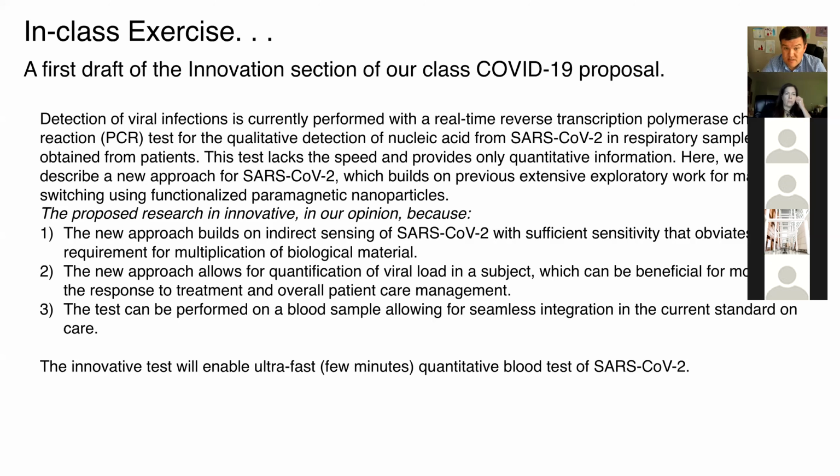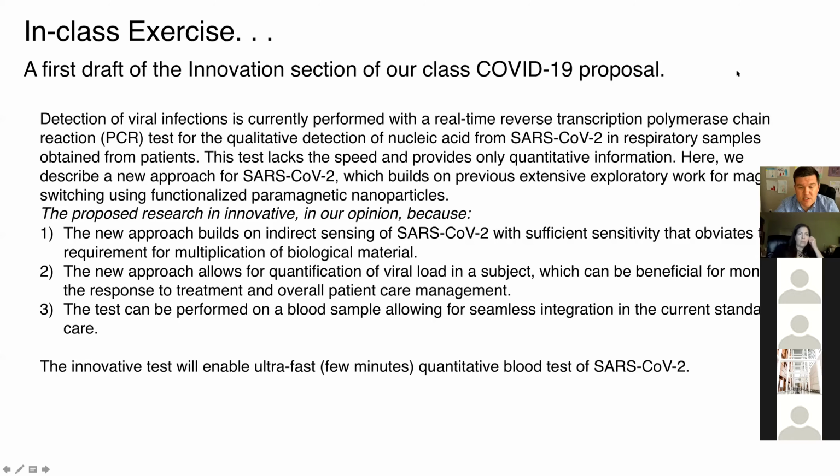This test lacks the speed and provides only qualitative information. Here we describe a new approach for detecting SARS-CoV-2, which builds on previous extensive exploratory work for magnetic switching using functionalized paramagnetic